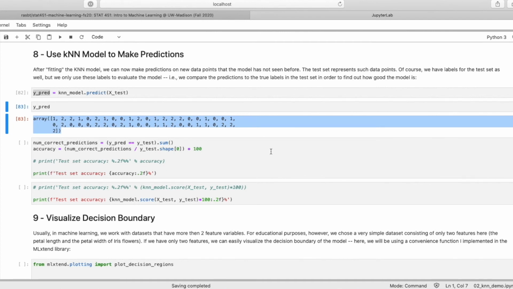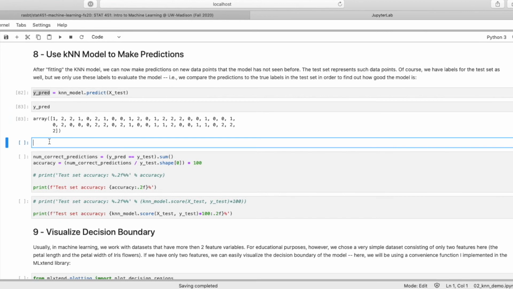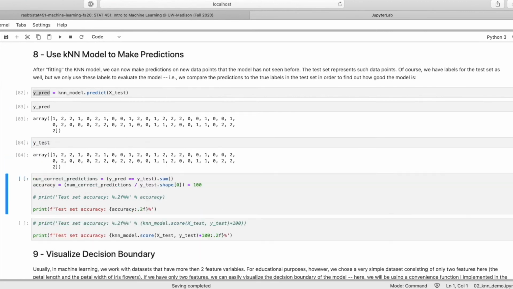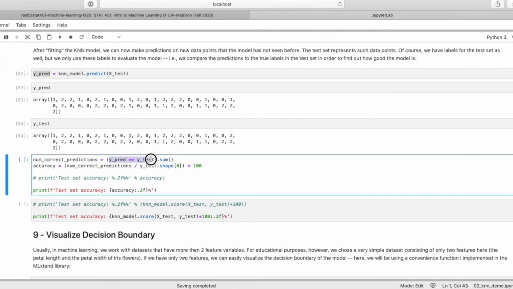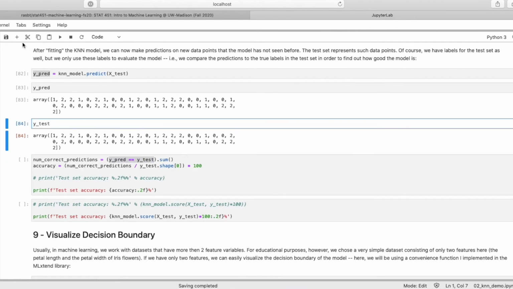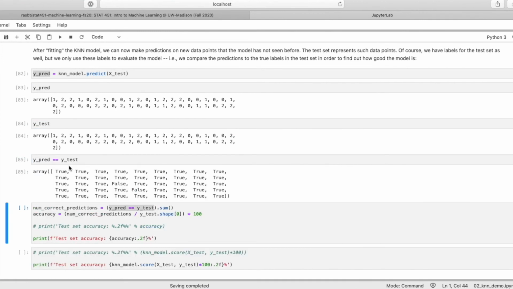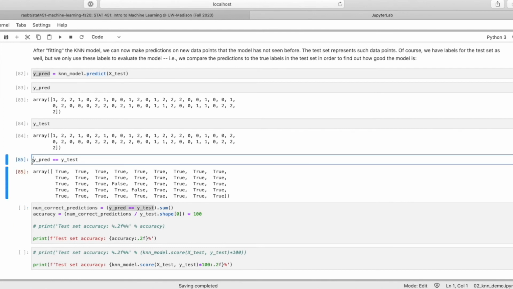How do we know whether the predictions are good? We compare them to the true labels, right? So the true labels are y_test. So we compute how many of them are correct. For that, we can use Python. So we can use a direct comparison here. It's comparing the two arrays, and it gives me true and false values. And I can then simply sum up. I can do a NumPy sum over the true values.